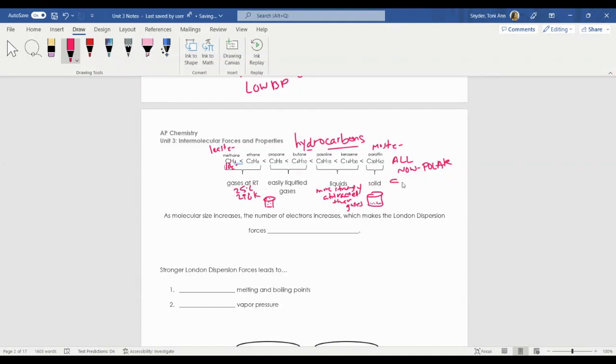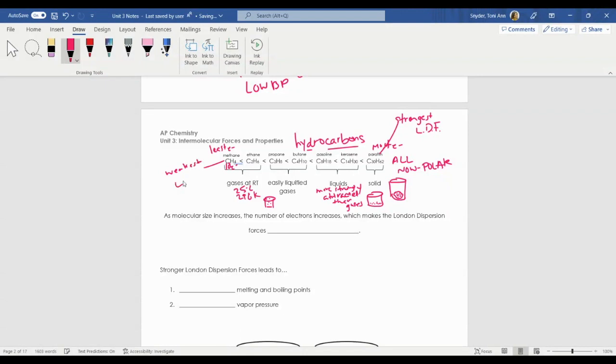Something like paraffin, I could draw these beakers a little bit bigger, but if I have a little paraffin flake in there, all of these particles are super close. Okay, they retain their shape, and that's because the particles like each other so much. Because they have these London dispersion forces, they're not going to let go of one another. So paraffin has the strongest London dispersion forces, whereas methane has the weakest